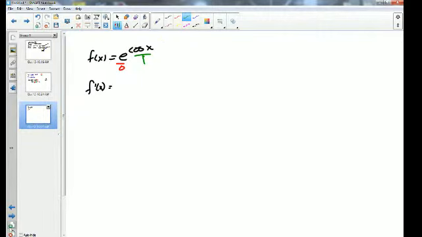So what is the derivative of E? No. It's E, and then copy the inside. Right? Do that in green. So it's the same thing. You're forgetting the derivative of the inside. So it's times